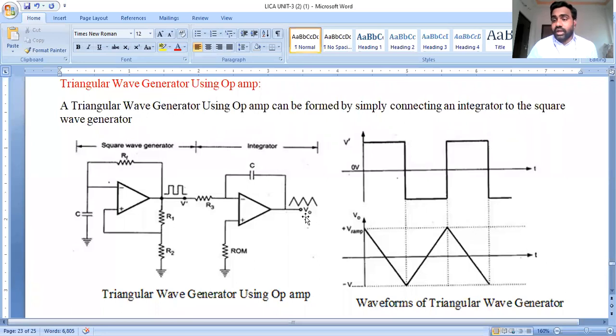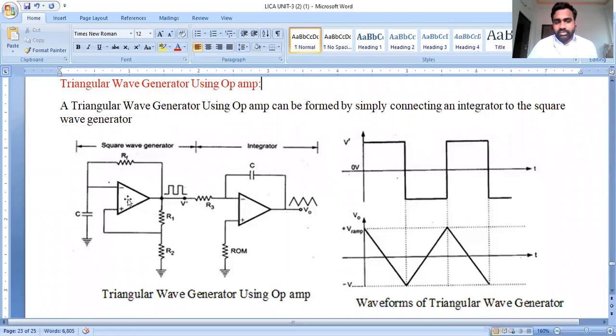But what actually happens is that the zero crossing detector does not have very high noise immunity. It has some noise disturbances in the input voltage. That's why we adopted a new square wave generator, the Schmitt trigger. So in this aspect of square wave generators, we can use Schmitt triggers or multivibrators, whatever it may be. But in this particular application, I am adopting an astable multivibrator.